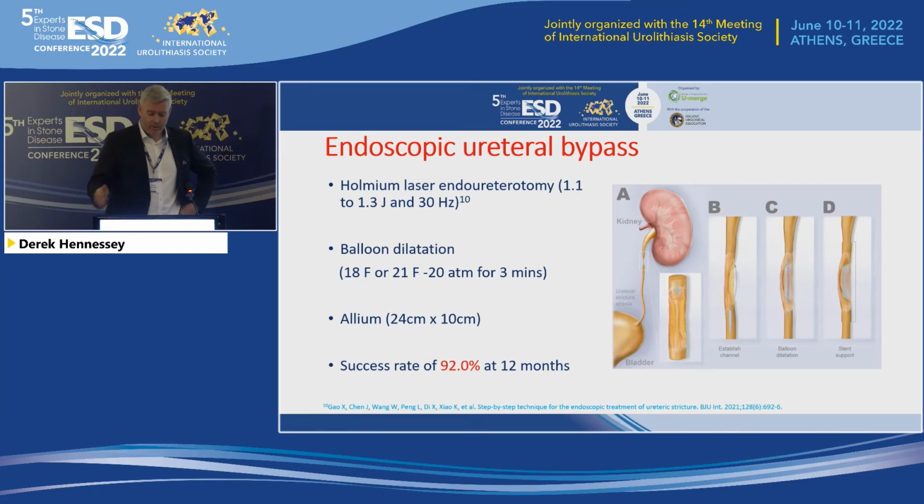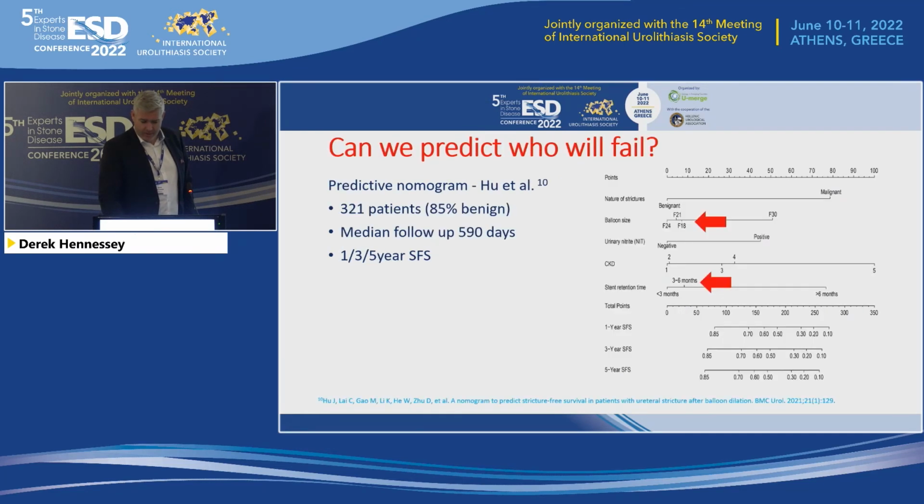And of course, they're going to be good because there's an allium stent in there. In the paper, they didn't describe when they're going to remove the stent or leave it in. It's hard to know if their failures, which brought it down to 92%, was due to failure to place the allium stent or migration. So this is another paper which came out last year, and this is